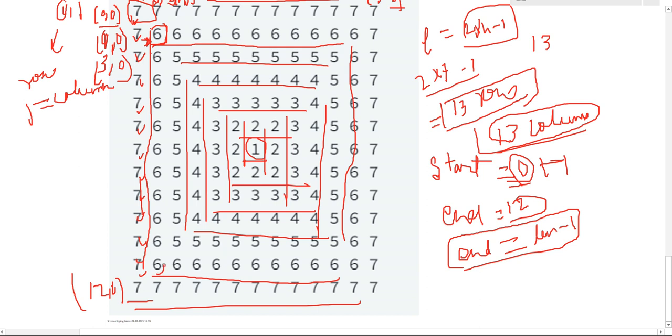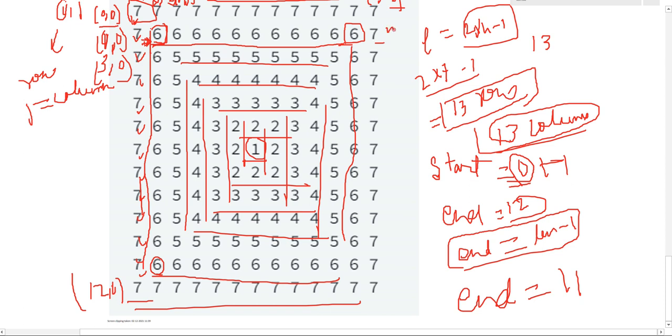End will go one less. End will go up to 11. It will not go up to 12. Just remember. Now start is further increasing by 1, and at last column, I mean if we consider the second row, then in the last column the index also gets decreased by 1.